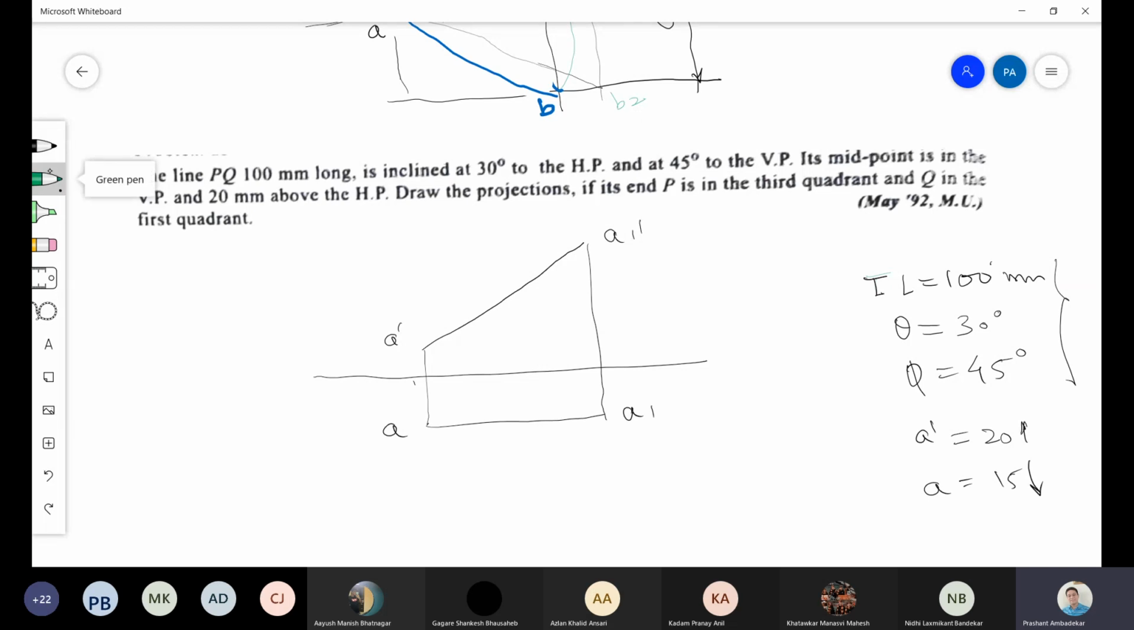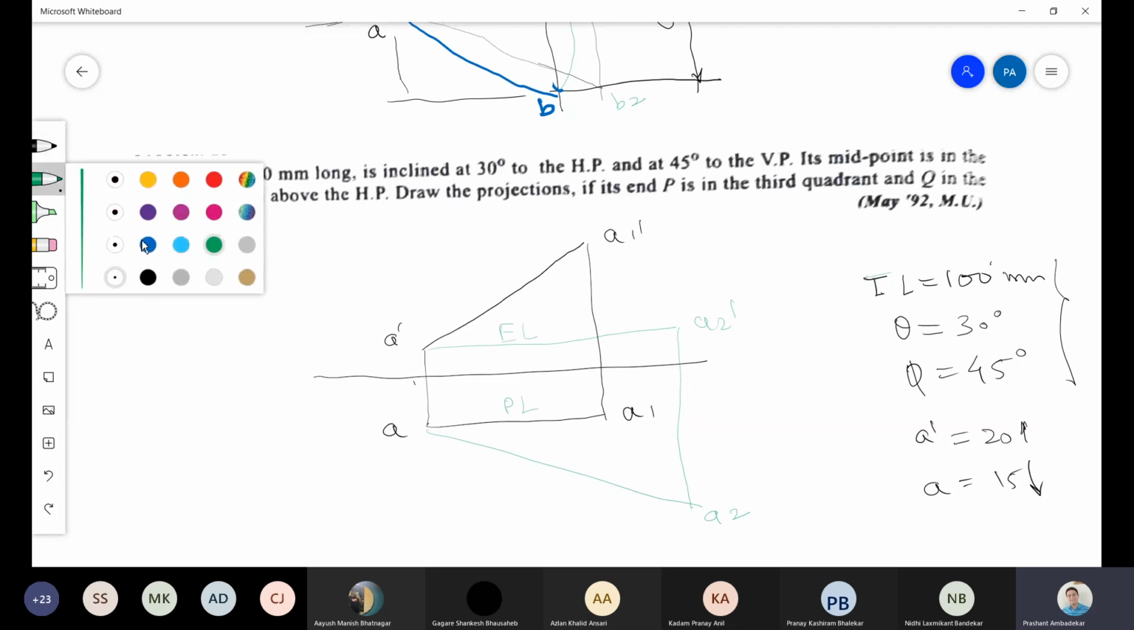Then we draw inclined at phi, and this comes like this. We project it like this, and then we name this as A2. This is A2 dash. This is called the elevation length. This is called the plan length. Now understand here that